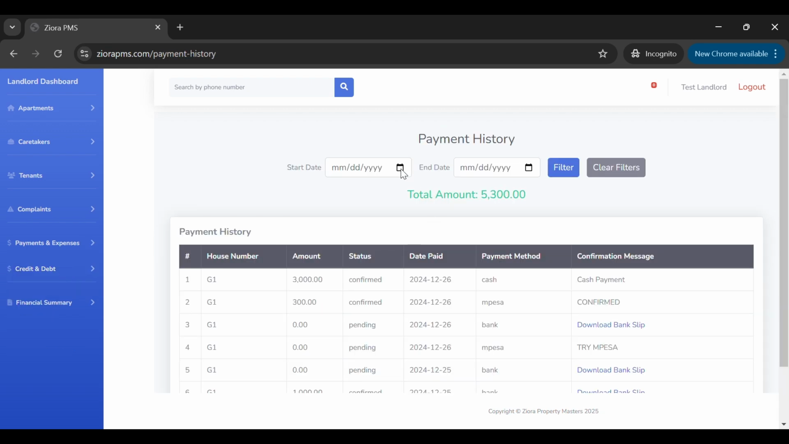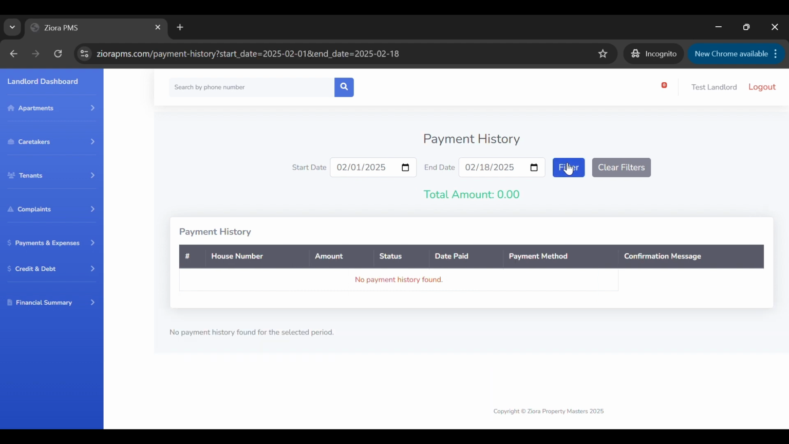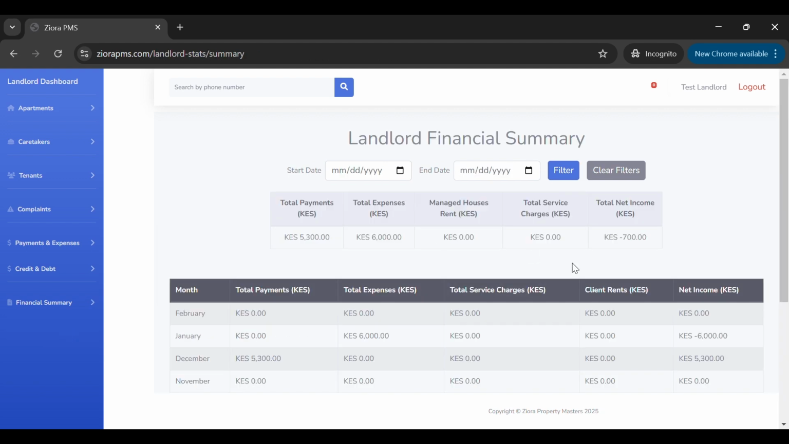You can filter your payments from what date to what date, and you can do the same also with expenses. If you filter this, you'll be able to get the payments done within that time frame. You can see for the time I selected, there are no payments because this is a dummy account, it's not a real account. You can check your financial history, and on your financial summary, you'll be able to see your